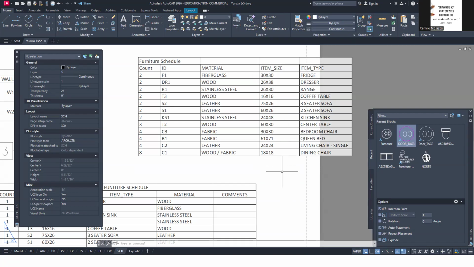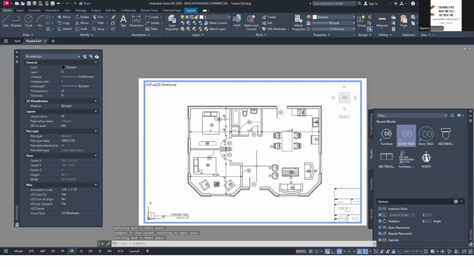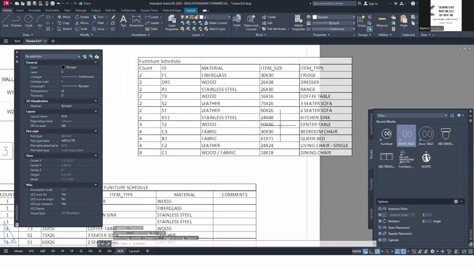But we're here for the technique. You apply this in studio, right? Of course, you apply the correct values. But this is just for the technique purpose, okay? So that's how you add tags for the furniture. The next thing that I'm going to lecture on will be how to create a table.